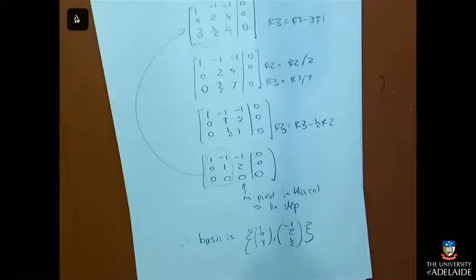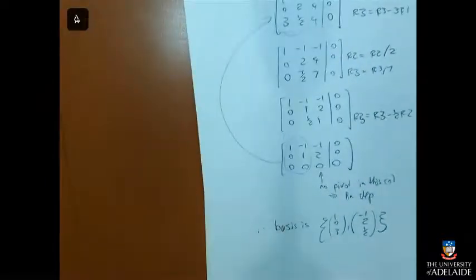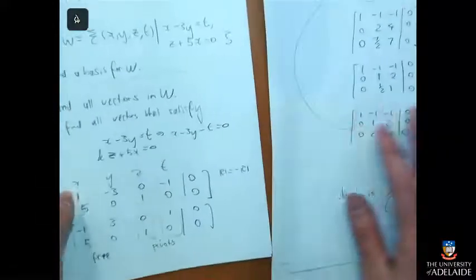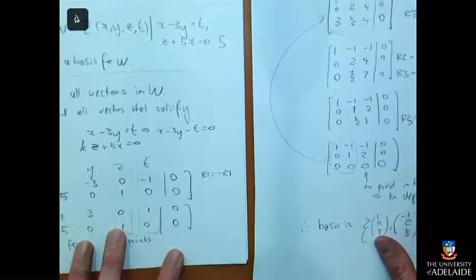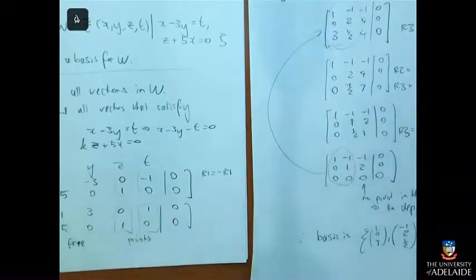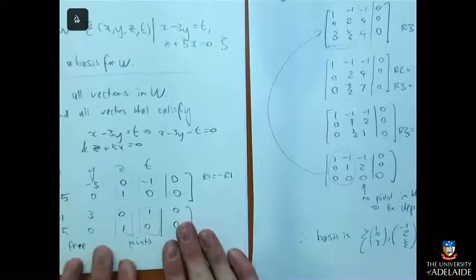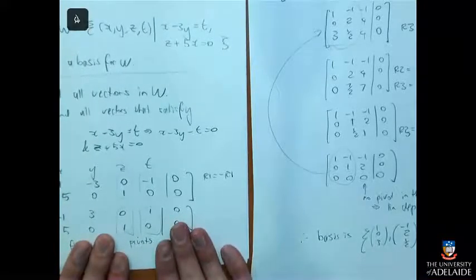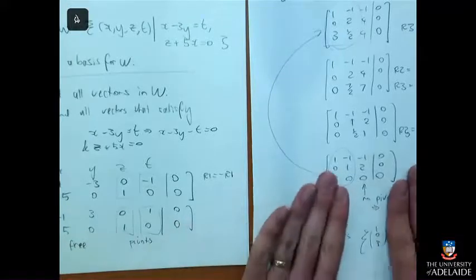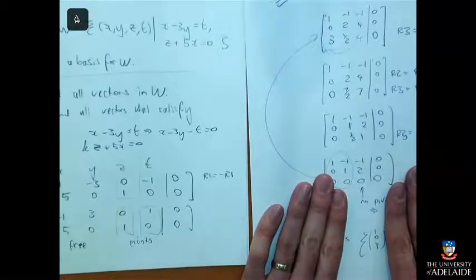So one thing I want to do is to get you to compare something, just to make sure that you've noticed that they're different. In this one over here, I did row operations on a matrix, and it told me a basis. And this one, I did row operations on a matrix, and it told us a basis. That's how they're the same. How are they different?